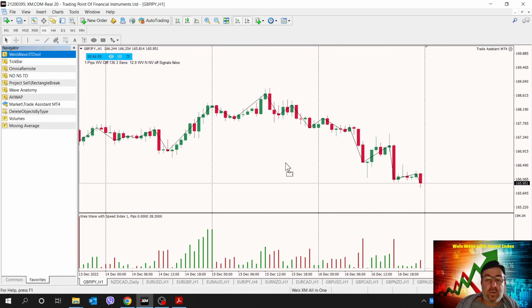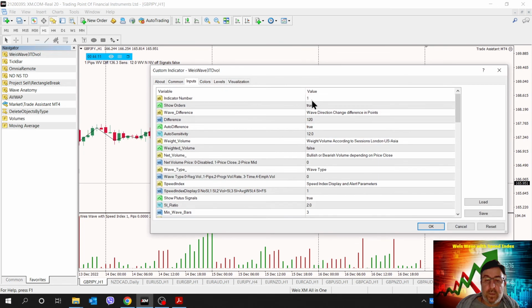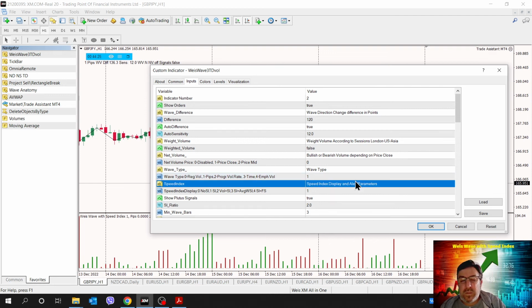Second indicator we will do number 2 here, indicator, so that's true, same sensitivity, false weighted volume, 0 the price, and now here for the wave type I want to put the volume.